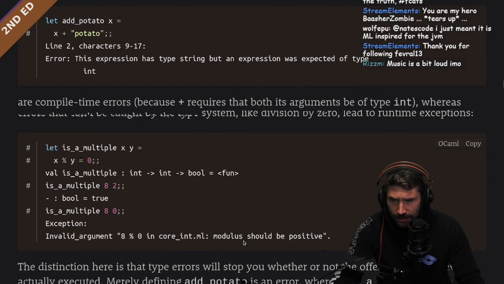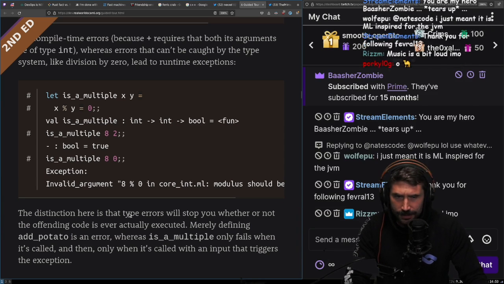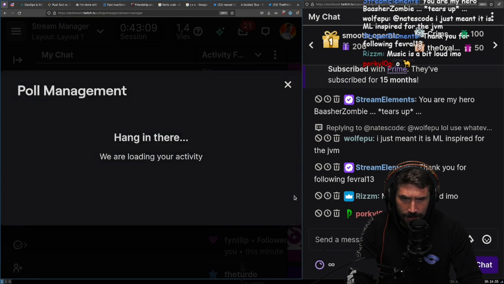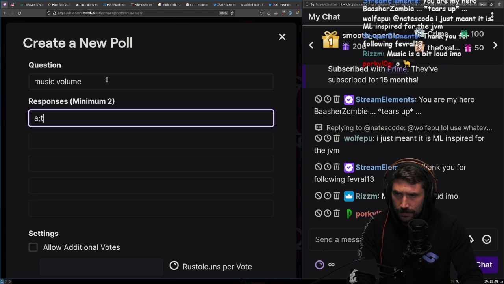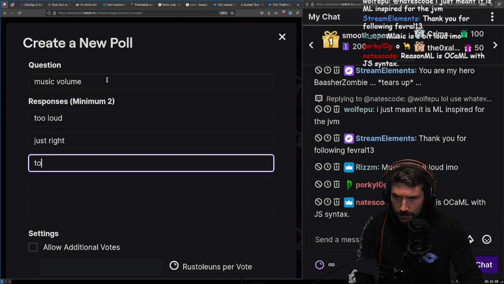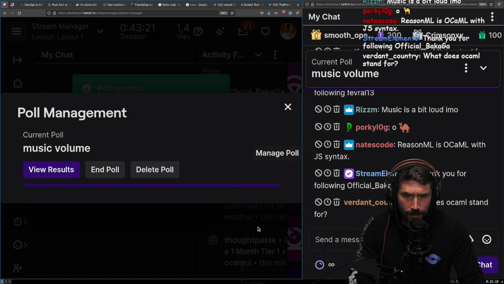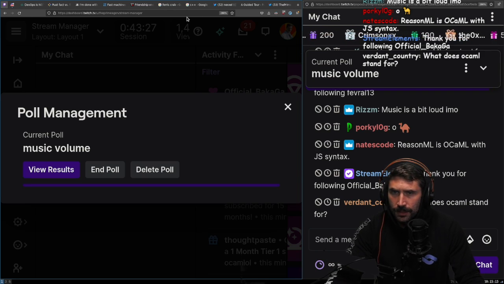Thank you. All right, so let's keep on going. I think we're looking good. Okay, I think we're looking good. Here we go. For you guys, I'll do this just for you guys. There you go. What does Ocaml stand for? It stands for a lot of things, but mostly functional programming. All right, here we go.